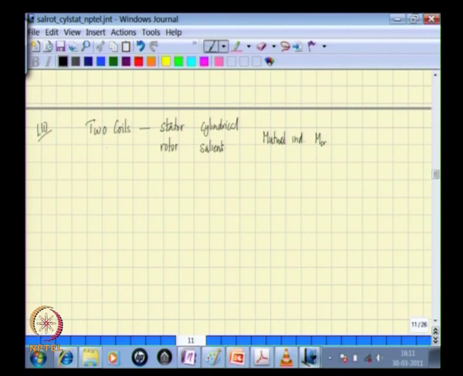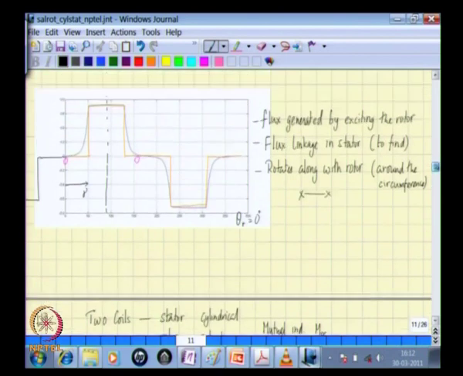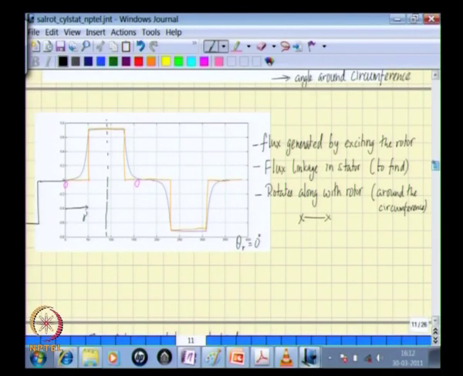In order to determine the mutual inductance, we tried to understand how the flux density distribution inside the machine would look like, and we have seen that the flux density distribution is a waveform that travels along with the rotor. That means as the rotor rotates, the flux density waveform also rotates along with it,